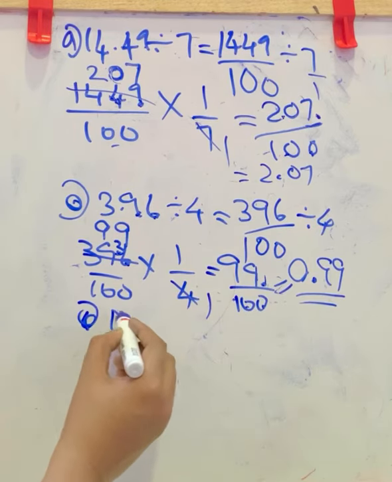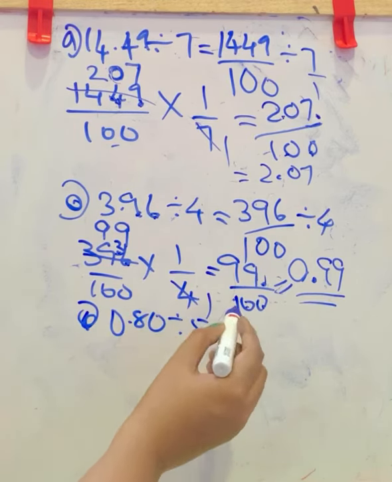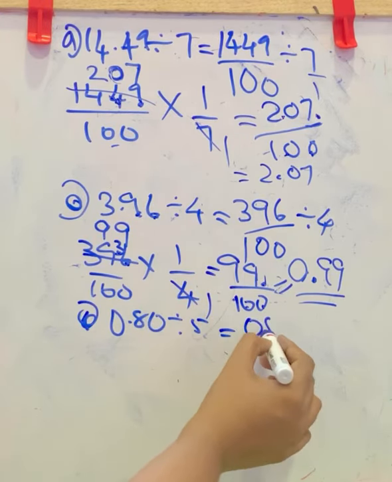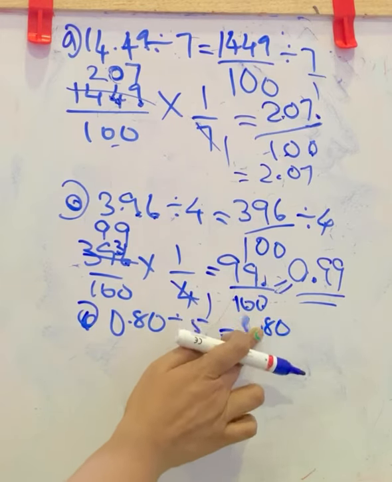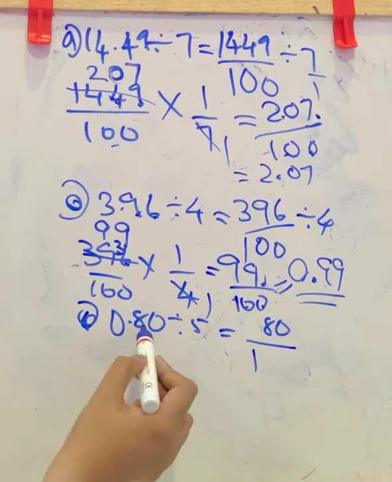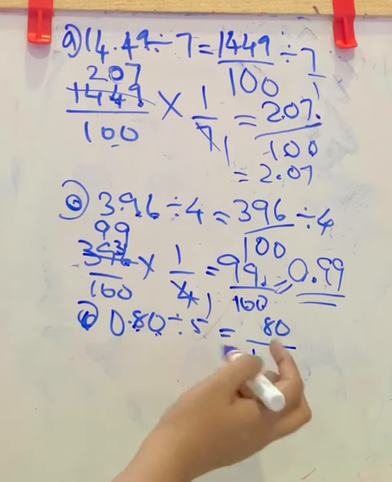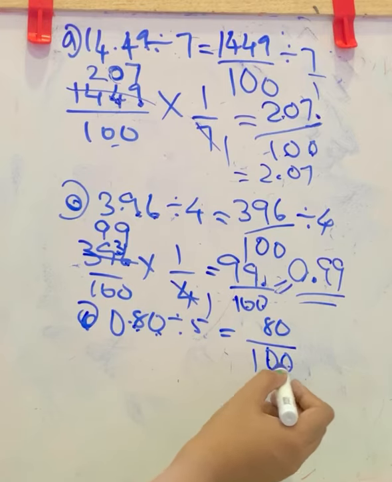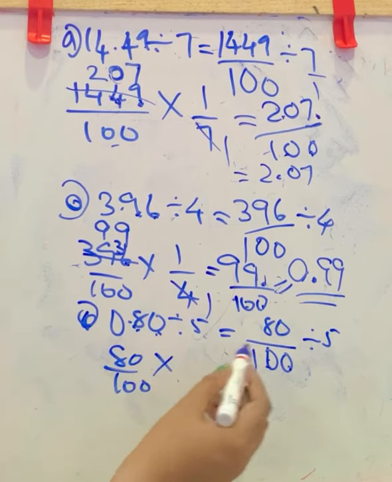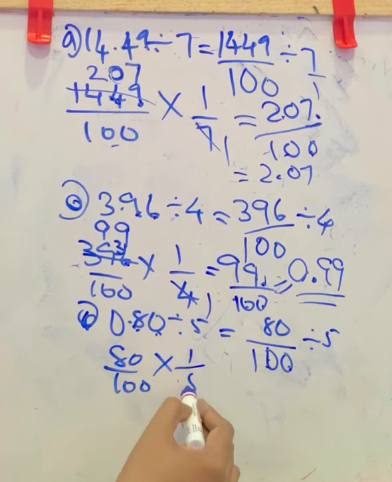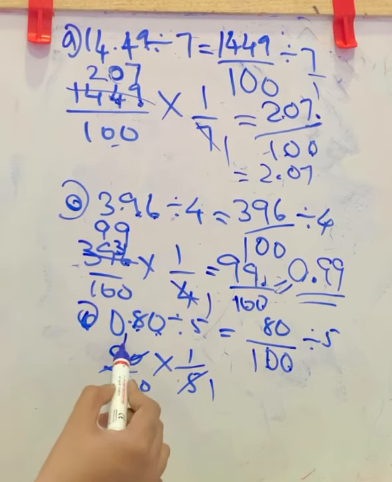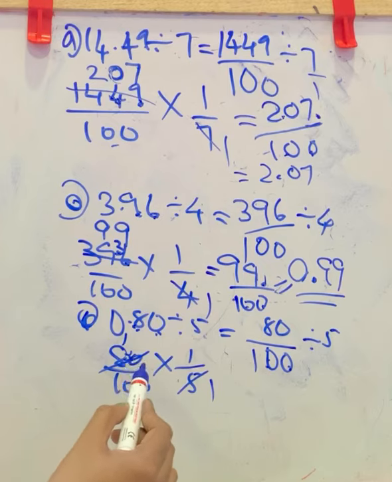Next question, 0.80 division 5. Here 0.80 without decimal you can say 080, but you have no value for the 0 before a number. So you can simply say 80 by how many digits after decimal? 2 digits, so by 100. That is 2 zeros. Division 5 is the 80 by 100 into 5 by 1's reciprocal is 1 by 5. In 5, 1 times 5. In 80, in 8, 5 is 1 time, balance is 3, that this become 30.